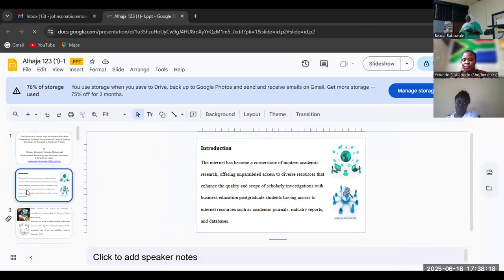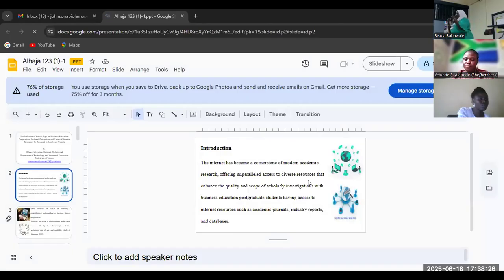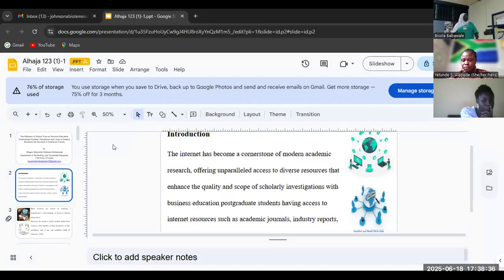With internet resources, we can source for information whenever we want to write a good research paper, from any angle. Internet resources have become a cornerstone of modern academic research, offering unparalleled access to diverse resources that enhance quality and scholarly investigation, with business education postgraduate students having access to